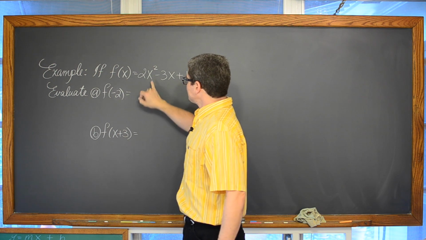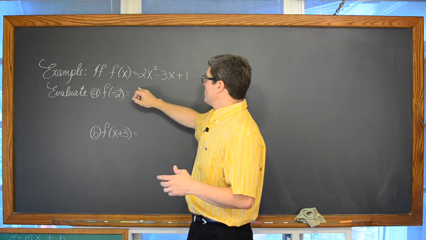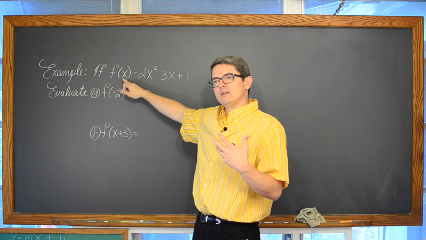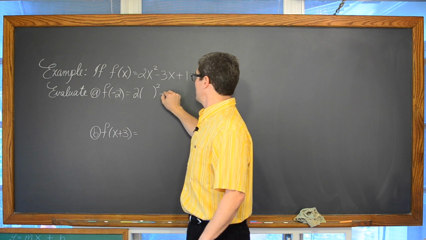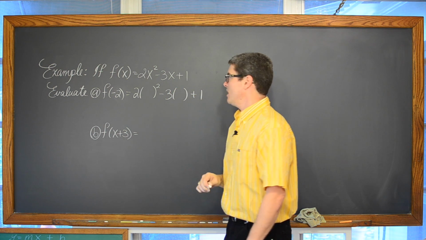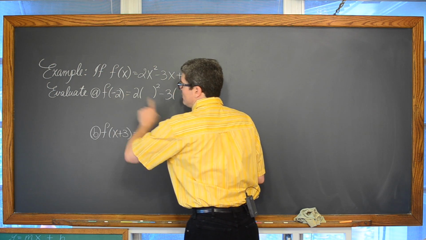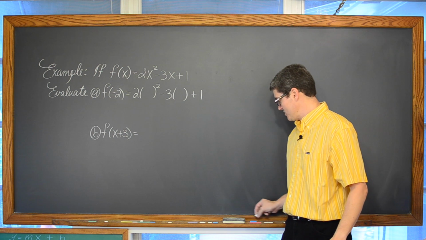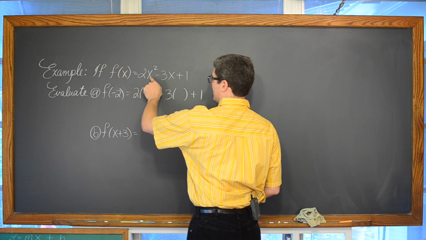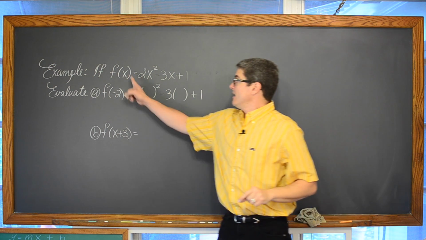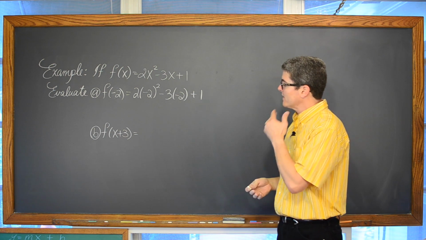Well, first of all, you see what I did with my notation again? I took out the x and replaced it with negative 2. A variable is just an empty spot to put an unknown value. So we have 2 parentheses squared minus 3 parentheses plus 1. I'm not even looking at what's inside the function notation, not even looking at what my value is for my independent variable, my input variable. I'm just writing parentheses. Everywhere that there was an x, I put a set of parentheses, and now I'm going to put in negative 2.